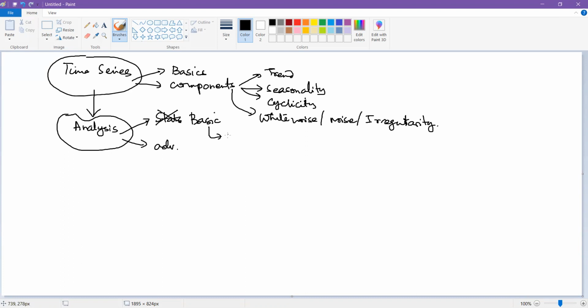So basic methods are going to be similar to the statistical tests that we have seen until now. For example, they'll be similar to Z test or T test or the ANOVA and so on that we have seen earlier. And the advanced ones are more going to be looking into patterns. I'll not use the word trend because trend is a different thing altogether.